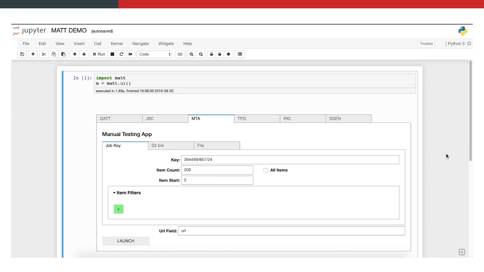Manual testing is a crucial part of ensuring data quality. It complements the automated tests and schema validation. The focus is on aspects of data quality not easily verified using automated techniques. In order to speed up this process, the QA engineer can at any point use the manual testing app to check the items faster. The manual testing app allows the QA engineer to download a section of items using the count, start, and filters inputs,